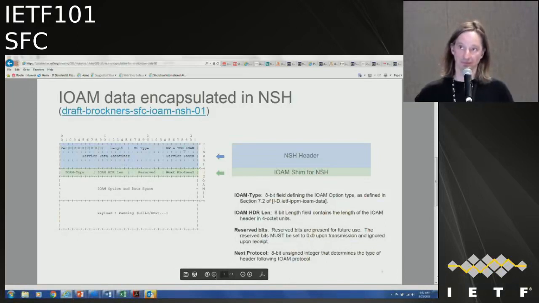At the same time, I point to the earlier work of the overlay OAM design team that produced the OAM header work, and this will be presented later in the NVO3 group and called for adoption. So again, I think that there is not much difference between active OAM and hybrid OAM, and it's worth the effort to try to come up with a single encapsulation for OAM that can be used by hybrid and active OAM and overlay networks in general.